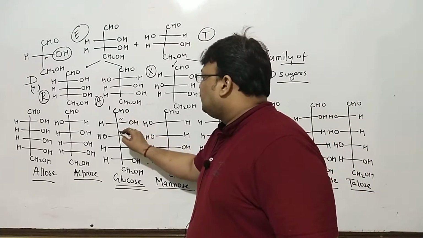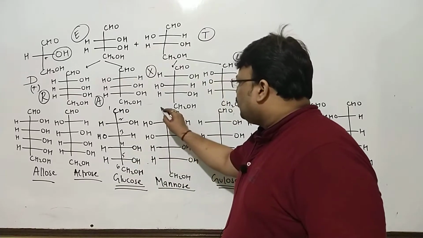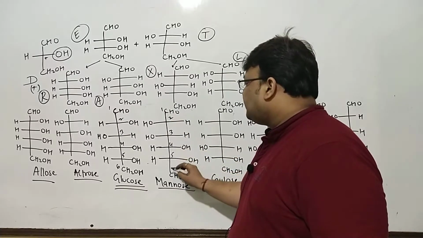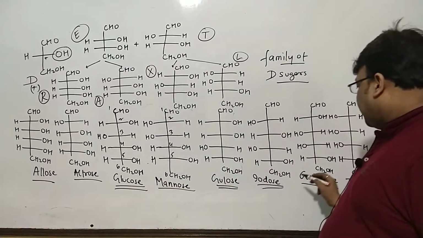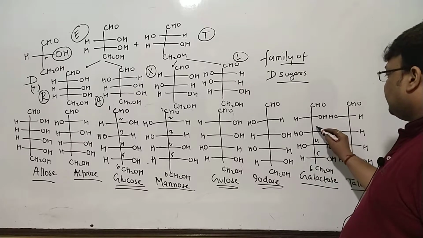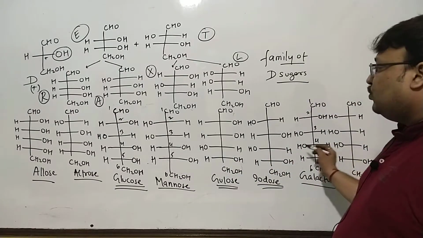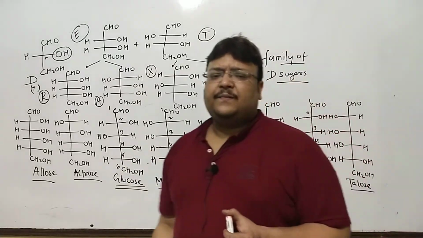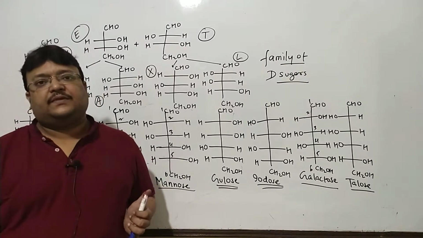See 1, 2, 3, 4, 5, 6. So immediate neighbors in this chart coming from the same parent sugar, they are C2 epimers, but glucose and galactose, they are C4 epimers. See, galactose and glucose, they are differing only at carbon 4. So glucose and galactose are C4 epimers. You might figure out more epimers here, but Kiliani-Fischer will always give you a pair of C2 epimers.